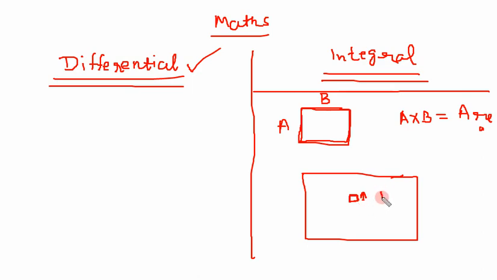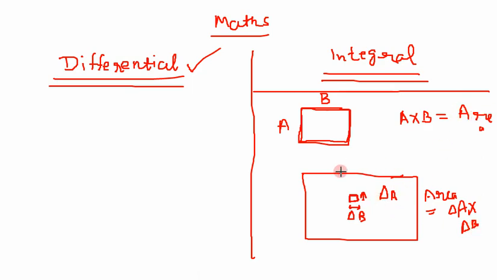Let me write dA. dA means side A but very small. D is very small, or first let me write delta, because delta is what you can measure. So we have taken a small box. This side is delta A, this side is delta B. So what is the area of this small box? Area is equal to delta A into delta B. That is the area of this small box.